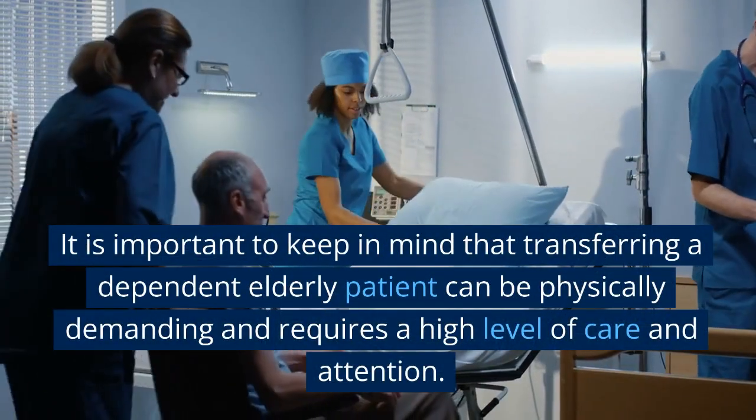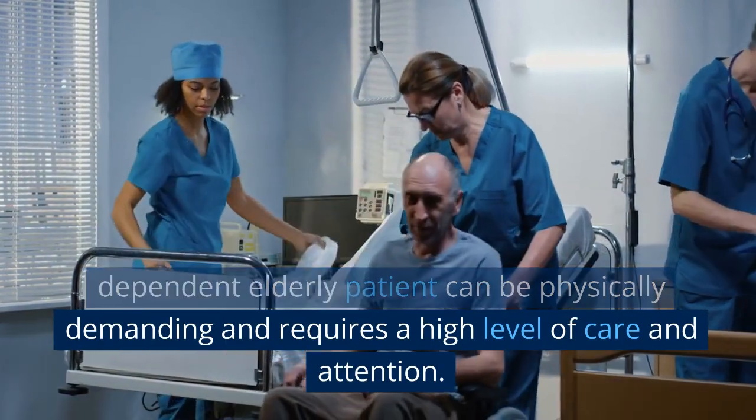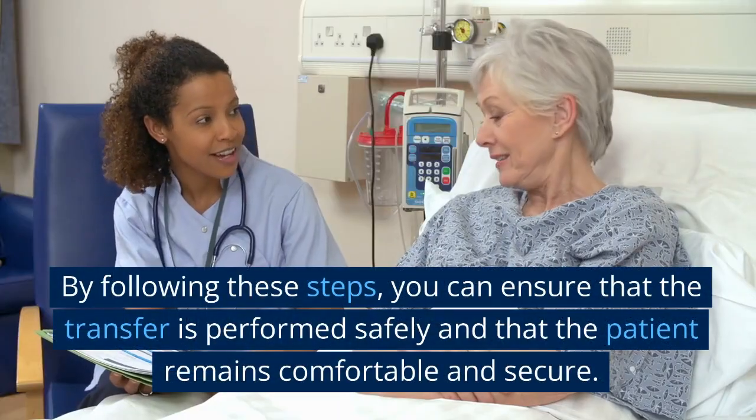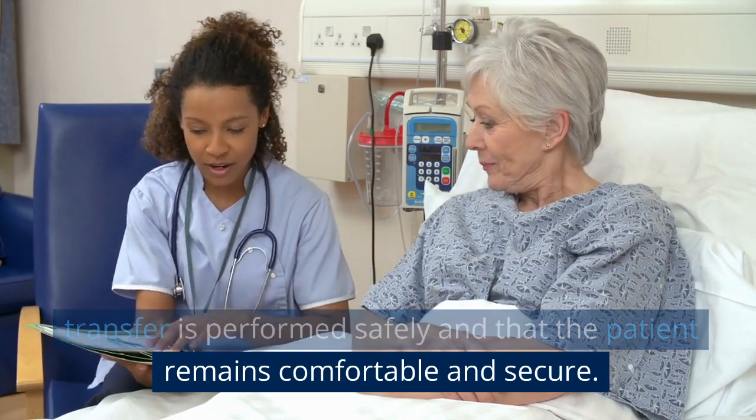It is important to keep in mind that transferring a dependent elderly patient can be physically demanding and requires a high level of care and attention. By following these steps, you can ensure that the transfer is performed safely and that the patient remains comfortable and